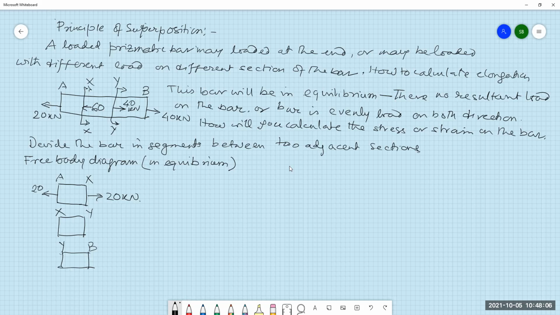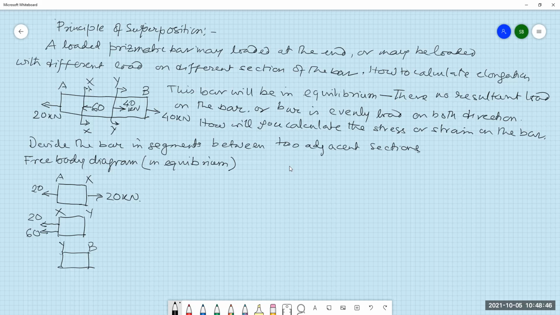But we have to remove this load, eliminate this extra load added by us. We have to put an equal and opposite load of 20 kilonewton leftwise on X section. Here we have put X section 20 kilonewton rightwise. In this X section, we put another 20 kilonewton leftwise. So this left force and this right force cancel each other, and thus we are left with only 60 kilonewton force on the XY here. We have to put 60 kN load here, which is pointing leftwards as per our problem itself.